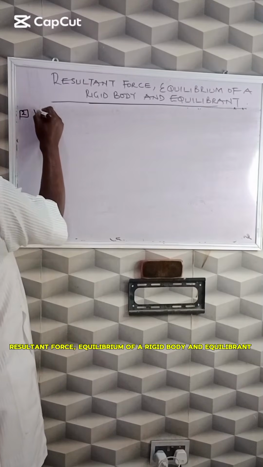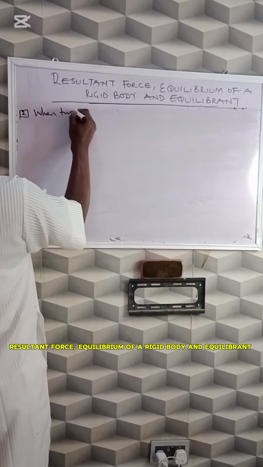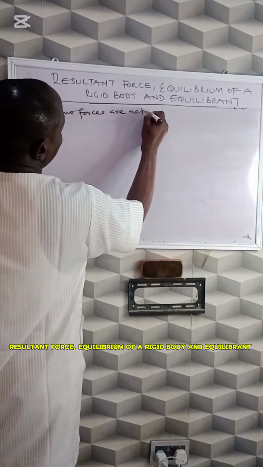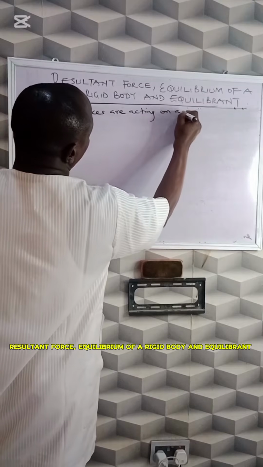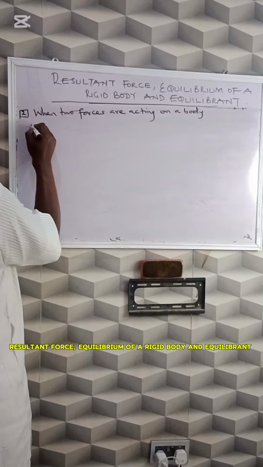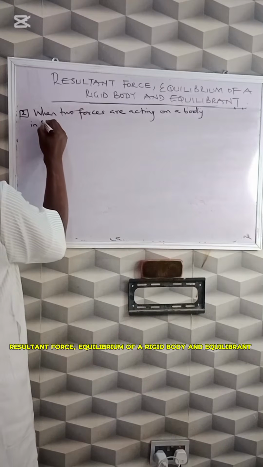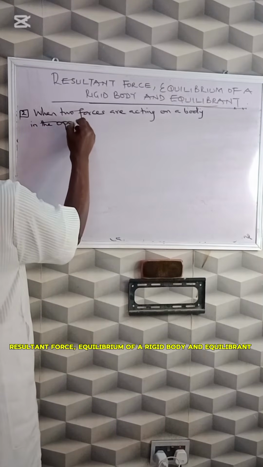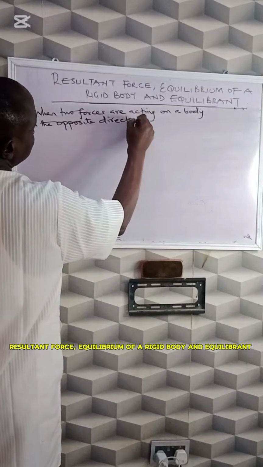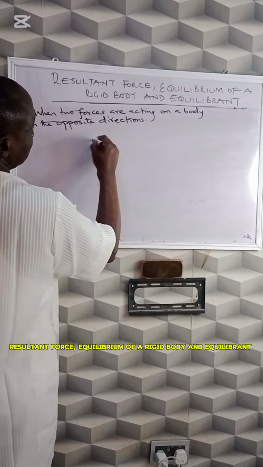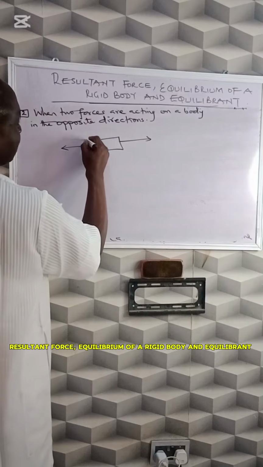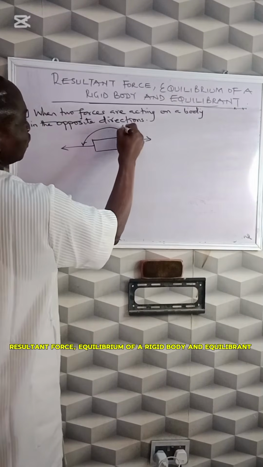Case 2, when two forces are acting on a body in the opposite directions. How do we find the resultant? When they're acting in opposite direction like this, meaning they can tell you the angle between the two forces is